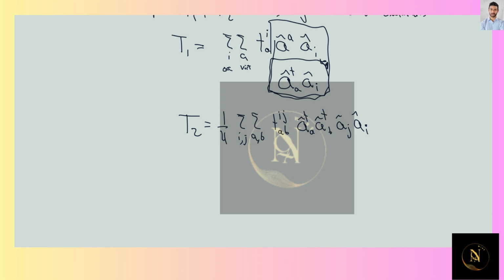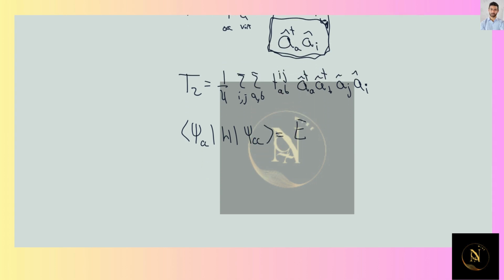in which what we're going to do is project onto the set of the excited determinants to find a solution. So what we're going to get initially is that our wave function in the coupled cluster method, applied to the Hamiltonian times the wave function of the coupled cluster method, is going to give us directly the energy. But whenever we're going to have an excited configuration, what needs to occur is that